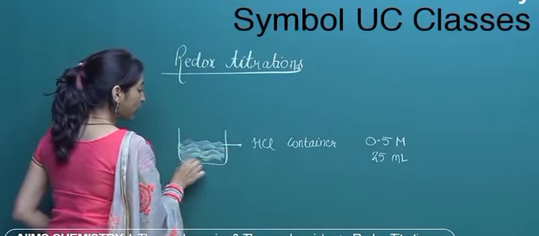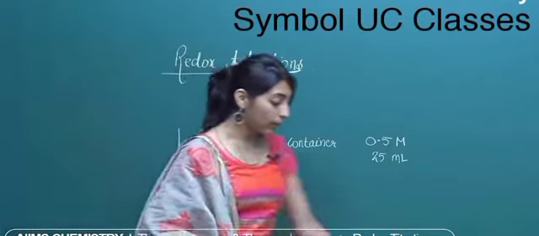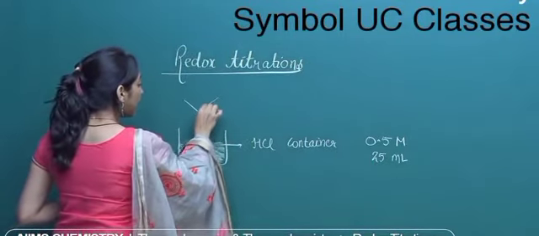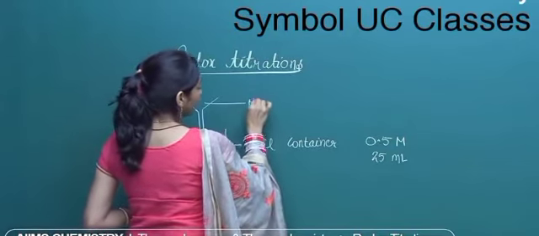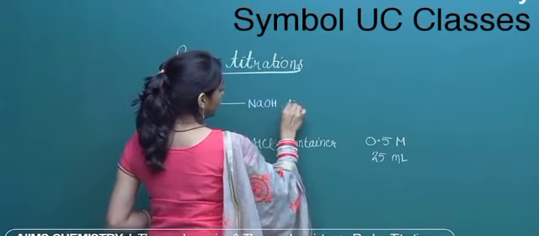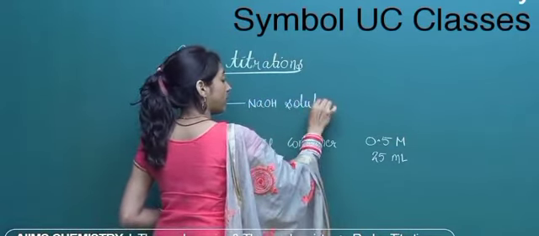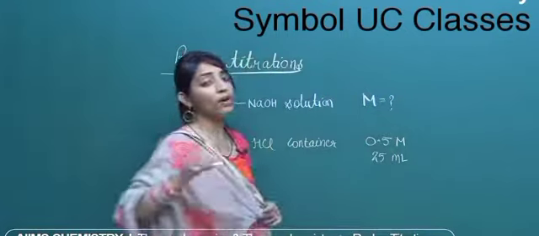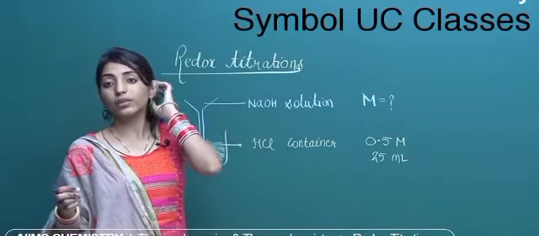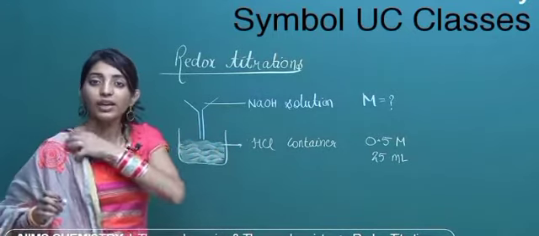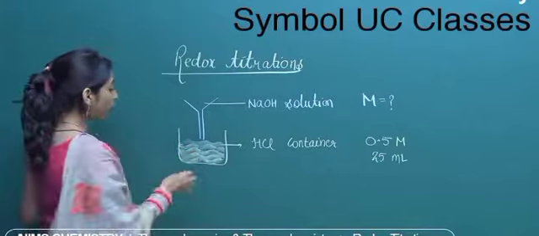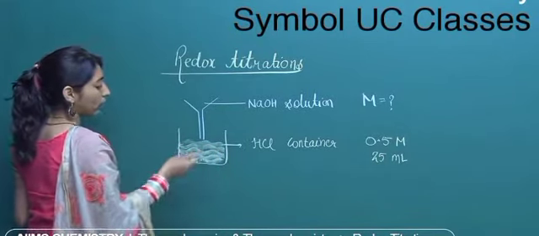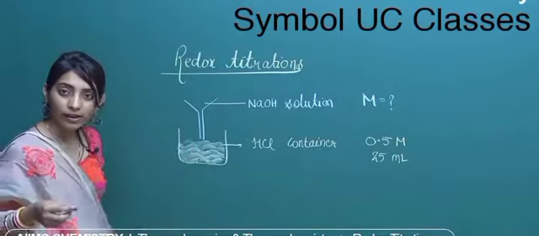Now let us say we are doing the titration of HCl with NaOH. And why do we need to do the titration with NaOH? Because my aim is, we have this NaOH solution, and I actually don't know what is the molarity of NaOH. I want to figure out what is the concentration of NaOH. So what you do, you will add a small drop of phenolphthalein in the HCl container. It will be colorless.